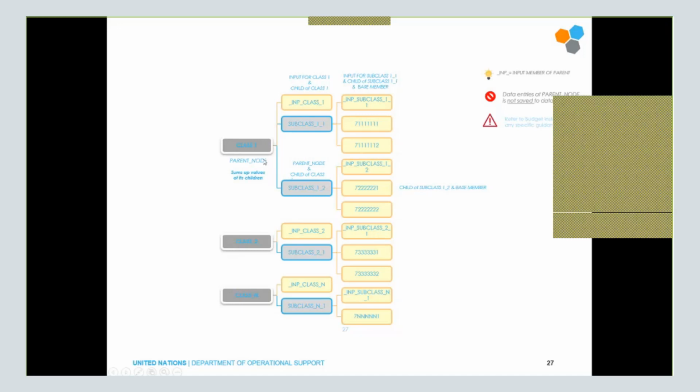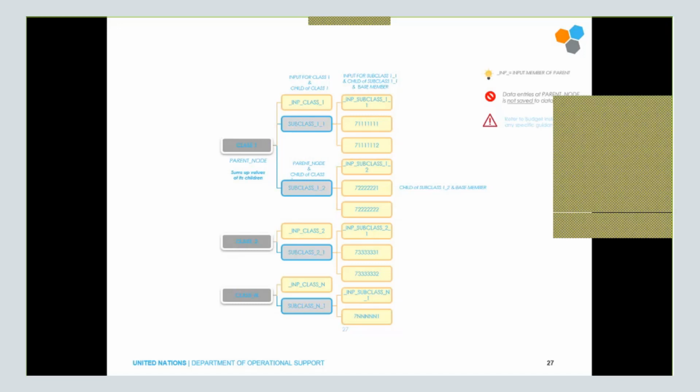Okay, so I think if you are involved in the budget process, you already know what a budget class is. That, let's say, identifies a group of commitment items and budget subclasses, and then once we go to the system, we're going to see specific examples. But a typical budget class will be, for example, official travel. And then we will have a breakdown of budget subclasses related maybe to the type of travel, and then eventually we'll have commitment items.